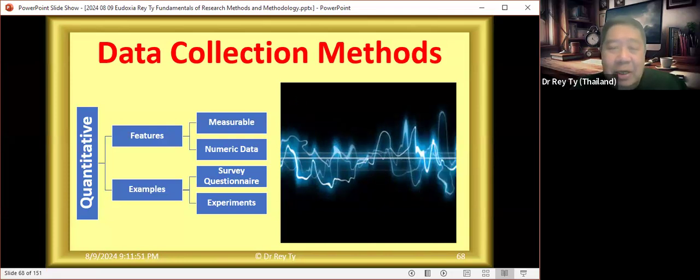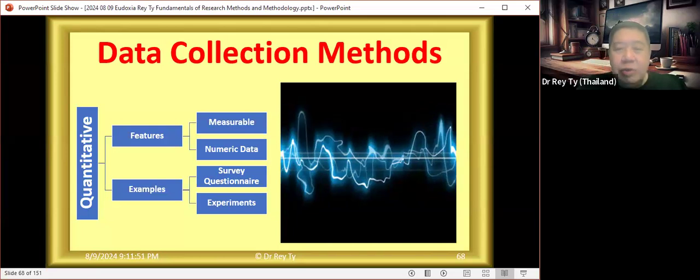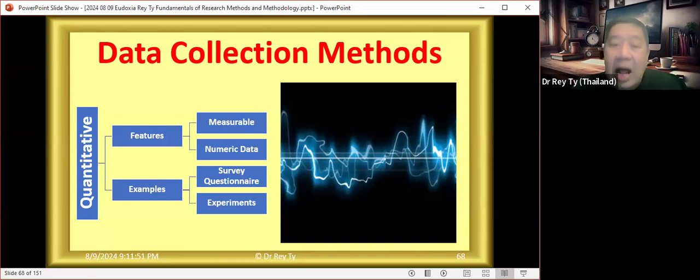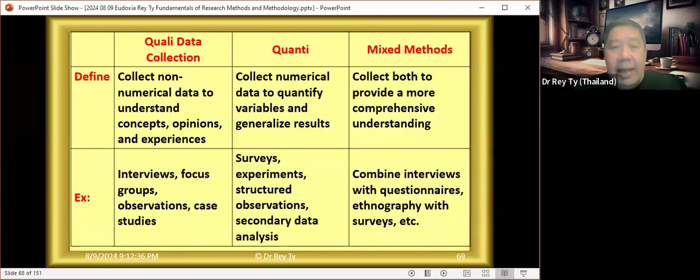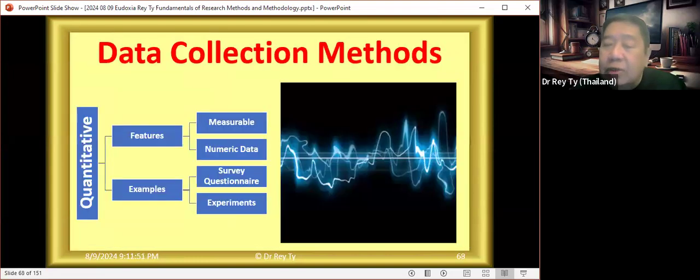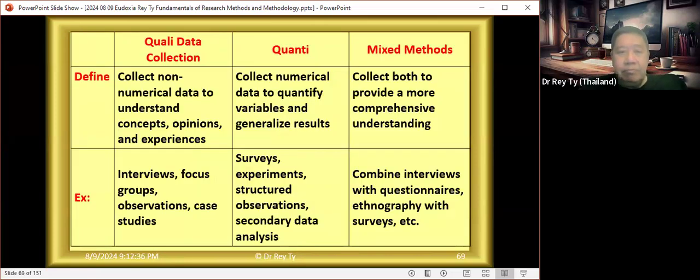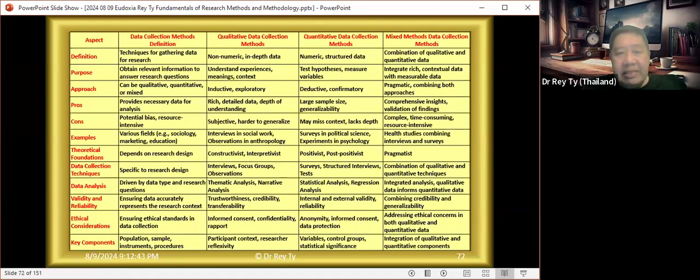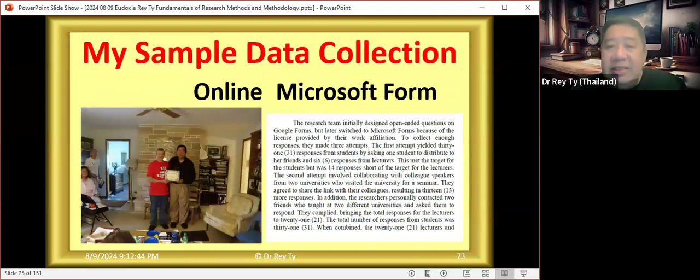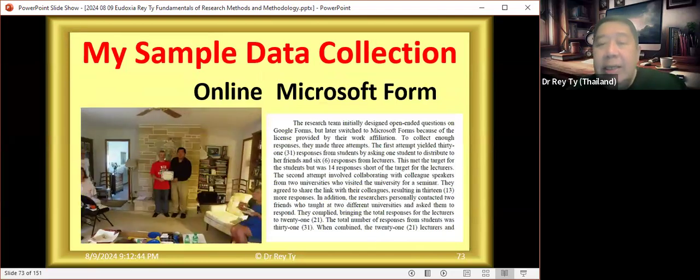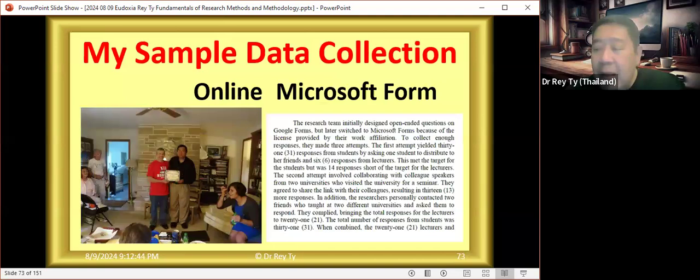Now you divide people into points. Okay, so you get numeric data instead of alphabetical data, and you can do surveys or experiments. Okay, experiments are more in the natural sciences, social sciences more on surveys. Okay, let me skip. Here we use in data collection, originally, this is an actual text from our journal